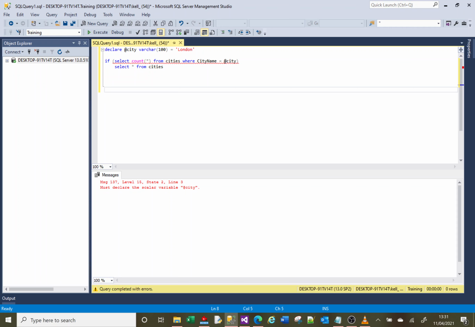So what I want to know is, before I do anything with this city object, does it already exist? And if it already exists, fine. If it doesn't exist, I want to insert it in my table. So I want to say if select count from cities where city name equals my variable, if that equals 0, then I can say insert into cities values